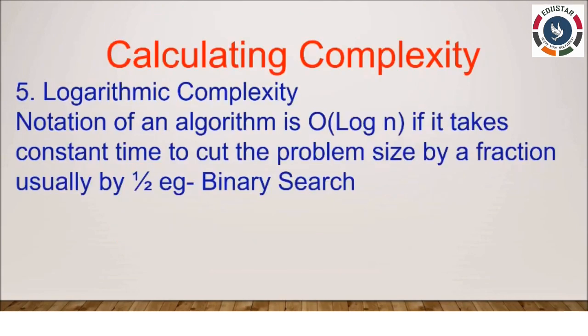And the fifth method, logarithmic complexity. An algorithm is said to have logarithmic time complexity when it reduces the size of the input data in each step. It doesn't need to look at all the values of the input data, so you don't have to process each and every value. Algorithms with logarithmic time complexity are commonly found in operations on binary trees, when we are using binary search. We have already discussed what binary search means, correct.